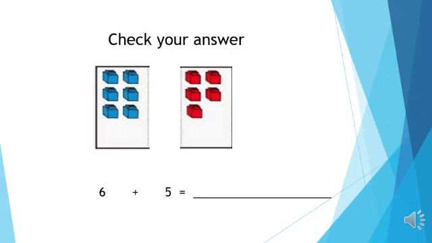Okay, so here you have 6 cubes and 5 cubes, and for making it 10, 4 cubes you will have to shift from the second group to the first group. So 4 will be removed from here, and 4 will fill the vacant space in the first group, and you are left with 1 cube in the second group. So what have you got? You have got 10 and 1 one. And this is 6 plus 5 is equal to 11.